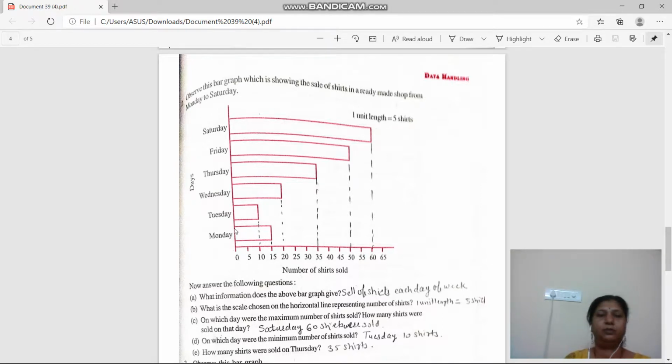Okay. So, first of all we calculate the number of sales on each day. On Monday it is 15 shirts, on Tuesday it is 10 shirts, on Wednesday it is 20 shirts, on Thursday it is 35 shirts, on Friday it is 50 shirts, and on Saturday it is 60 shirts. Okay. You have to practice to measure, right? So everyone